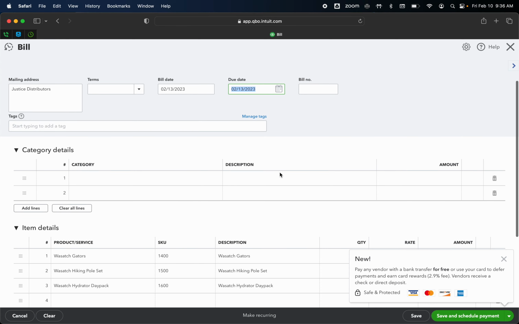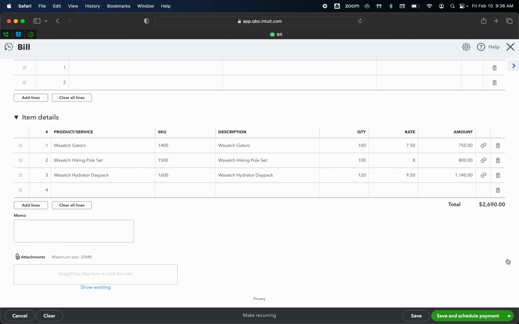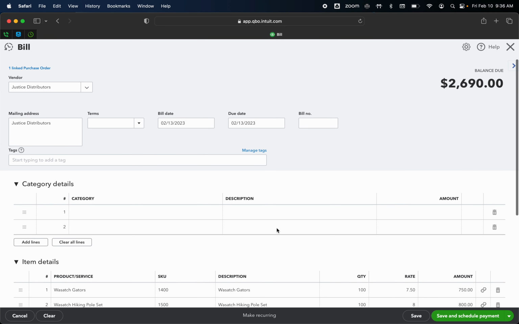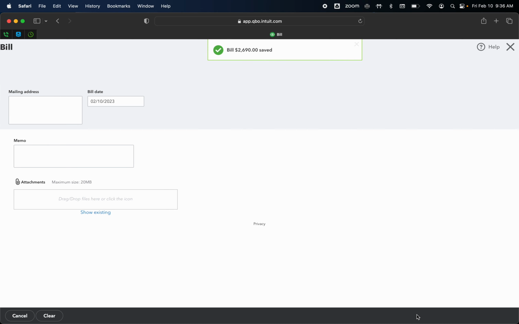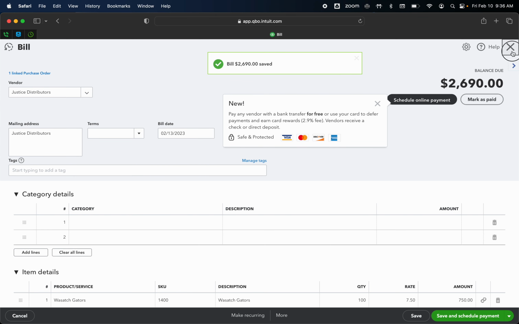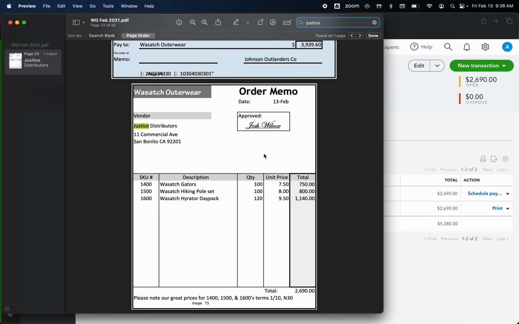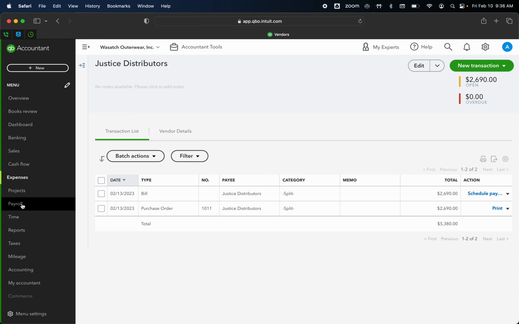Pretty important, obviously. We have the 750, 800, 1140. Okay. So we want to save that. Wasatch, just double check. Hiking pole, hydrator, day pack. 2690 save. Okay. So you put in the purchase order, but you didn't create the bill for that. So that's one thing. I think that still sits on our balance sheet